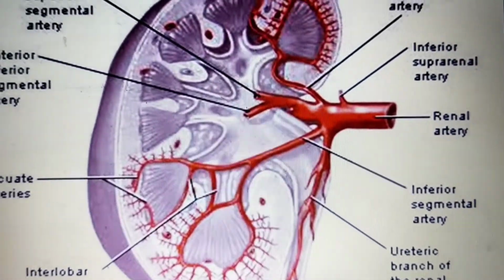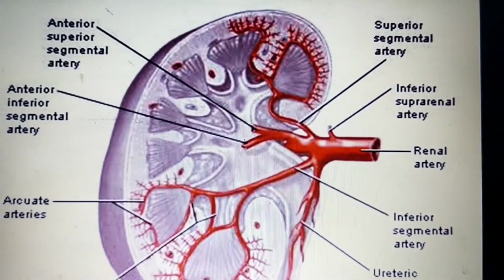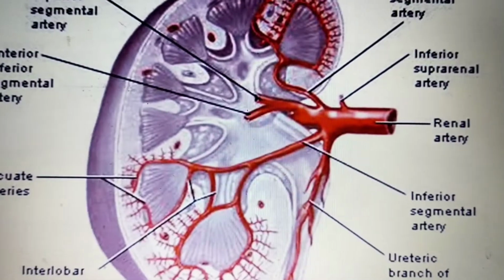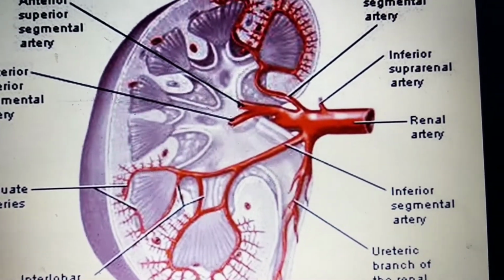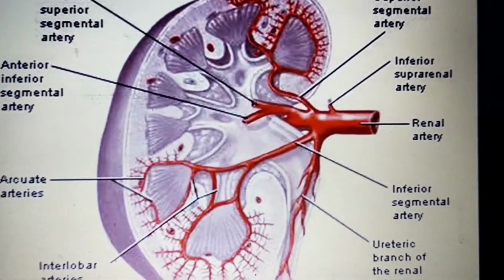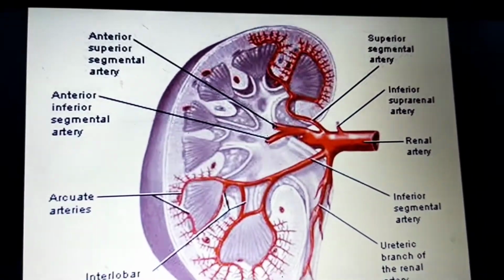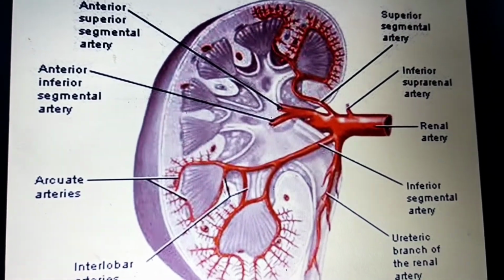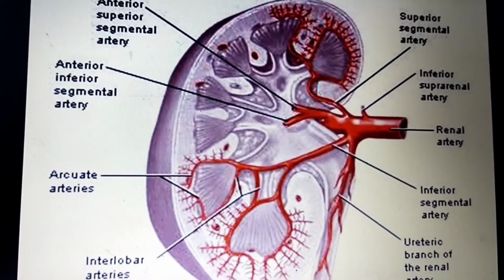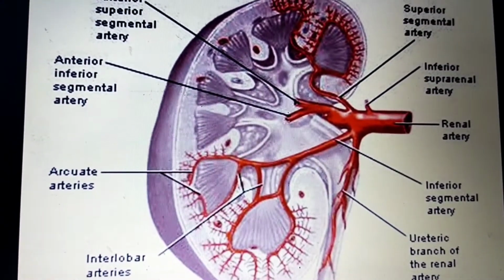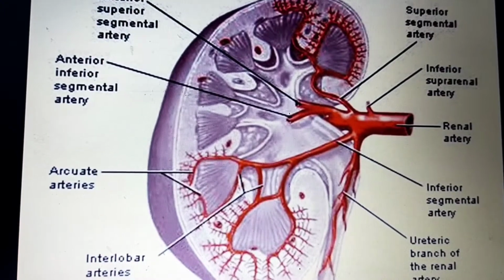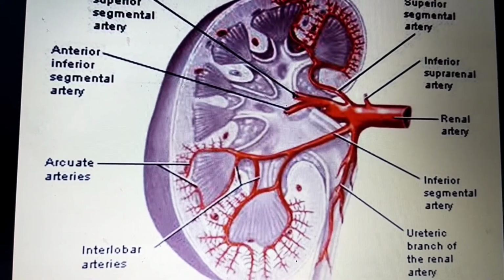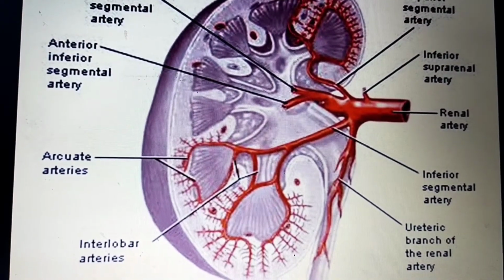Now we can study the blood supply of a kidney. Kidney, the other name is renal. Renal artery, I already told you in renal histology. In the longitudinal section you see the capsule, cortex, and medulla. In the medulla, pyramids are there. Capsule, cortex, and pyramid, and major and minor calyx.